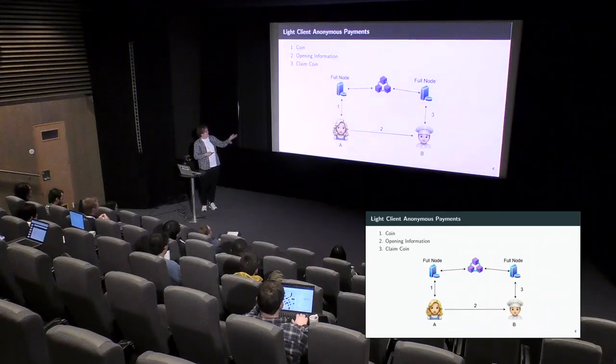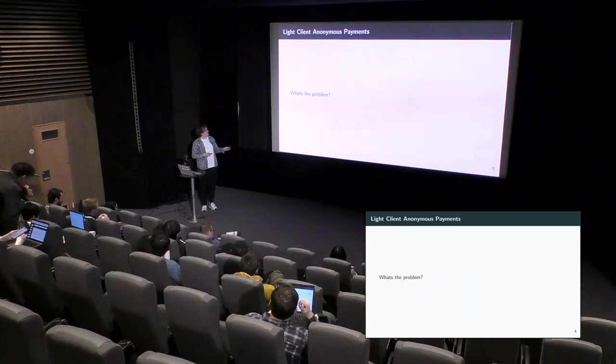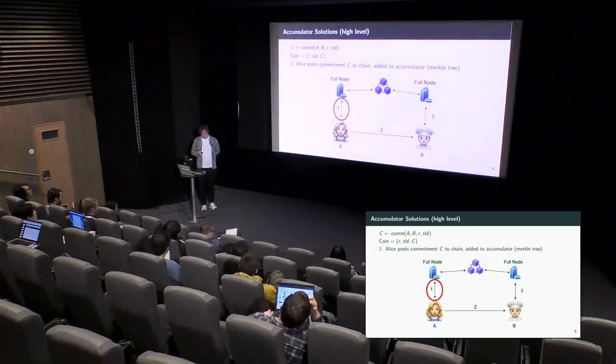So if we move to the light client setting, now instead of Alice communicating directly with the blockchain and Bob communicating with the blockchain, they both talk to a server, which is not trusted and should not learn anything about the transaction that's happening. So what's the problem here? Let's walk through a very classic style of anonymous transaction. Alice is going to make a commitment from Alice to Bob with some randomness and some transaction identifier. Then she's going to post this onto the chain, where it's going to get put inside